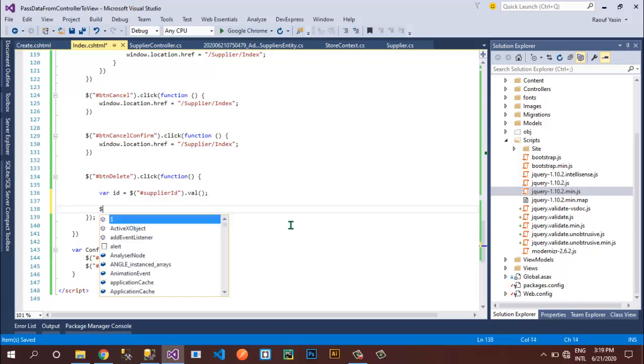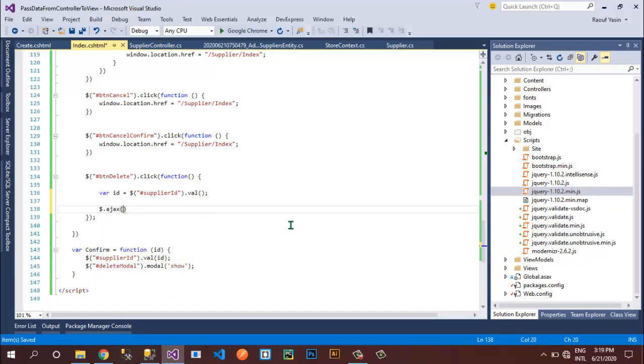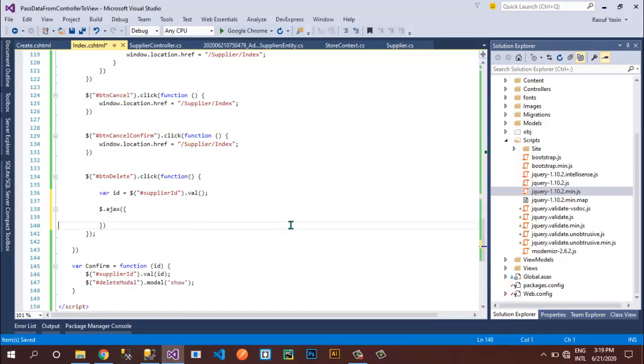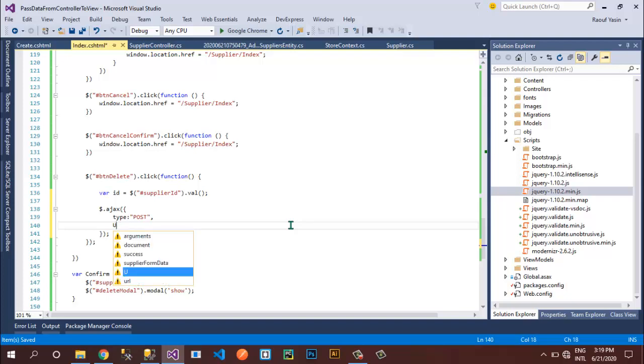So jQuery.ajax, and over here I'll pass an object. In this I'll simply pass type as post, and then I can pass the URL. The URL will be slash supplier controller slash delete action.